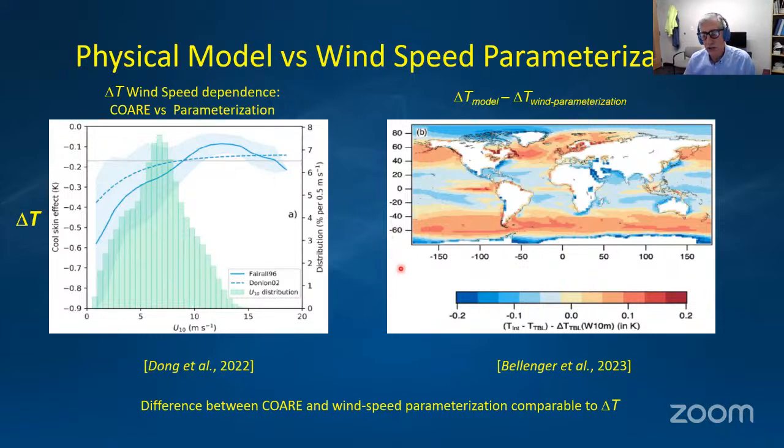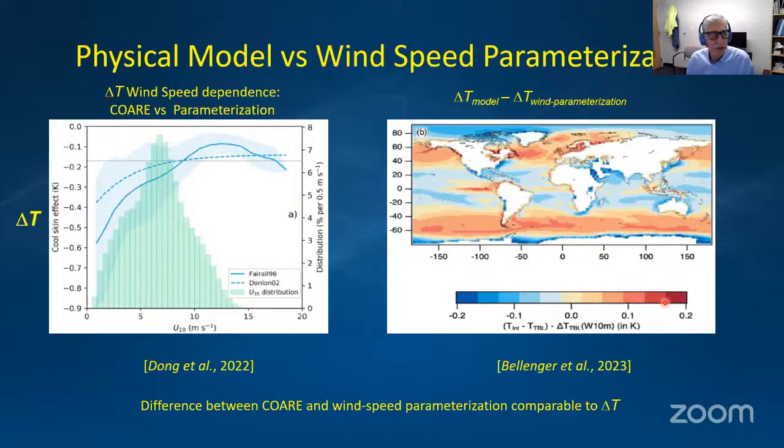And then Bellenger looked at the difference between these two approaches by using a delta T model very similar to the CORE algorithm, and the difference between that and the wind parameterization. On a global scale, you can see it's quite varied, and also the magnitude approaches the magnitude of the bulk skin temperature difference itself. So this, I think, is a timely topic to investigate because of the importance of driving